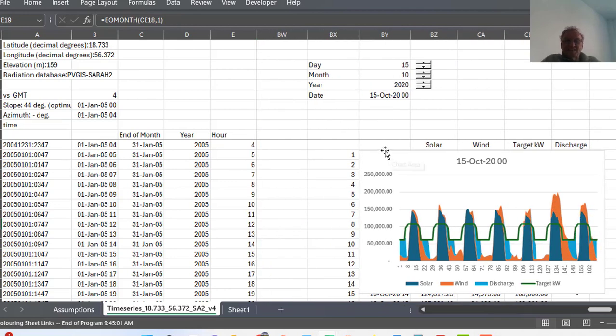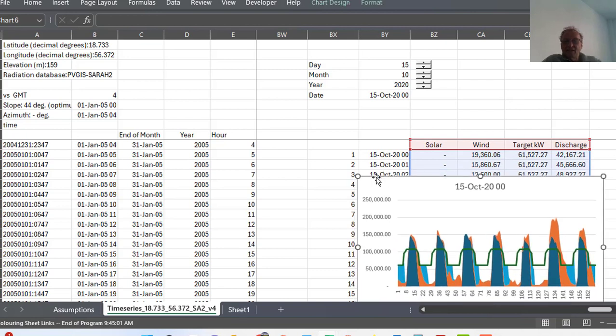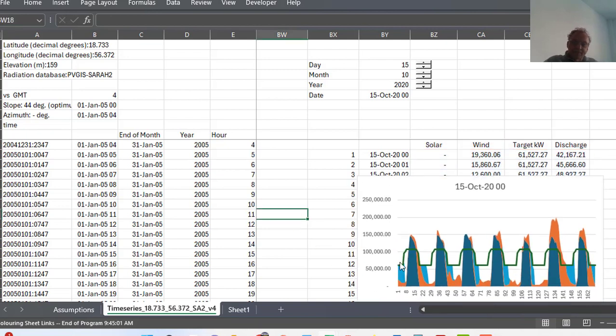I put in the discharge, and we can see now that we add that to the solar and the wind, just do a lookup on the discharge, and you see hour by hour, are you meeting the demand? And we're not quite meeting the demand, and in some cases we have surplus. It doesn't show you how much of the surplus goes into the battery and how much extra we have. But why don't we go back to,